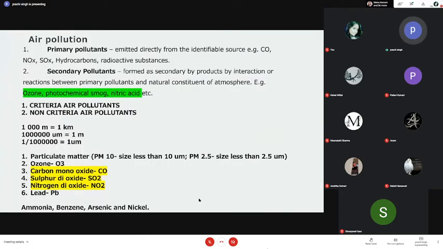So we need to first understand what the pollutants are, or what the types of pollutants are. These are primary and secondary pollutants. Listen to it carefully. Okay, what you hear here will be remembered here itself. Now, primary pollutants are those which are directly emitted from the source. Secondary pollutants are those which, when primary pollutants react, form other pollutants which will further deteriorate the quality of the air.